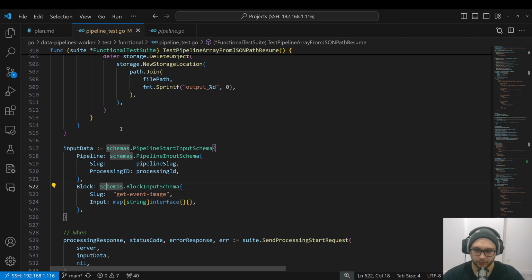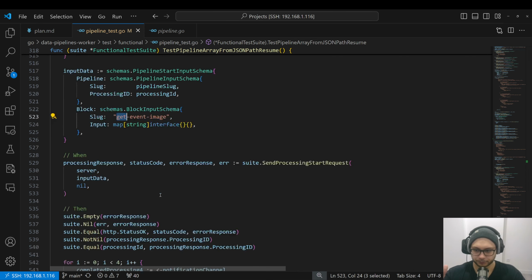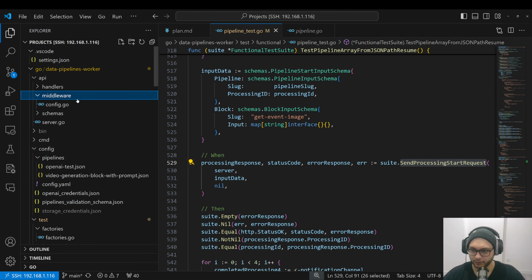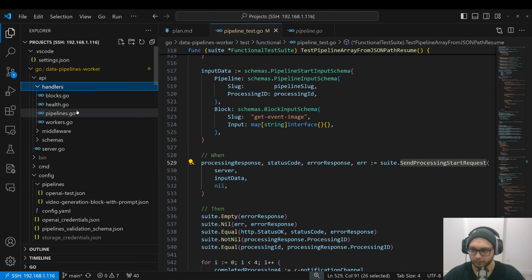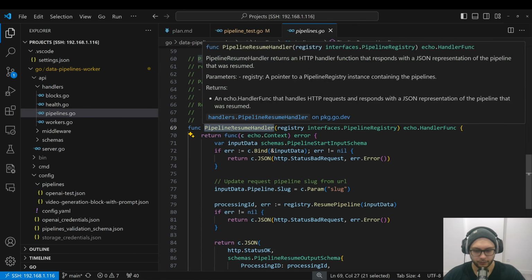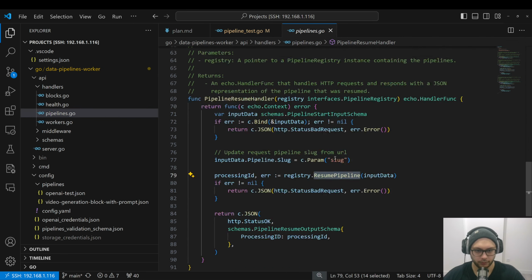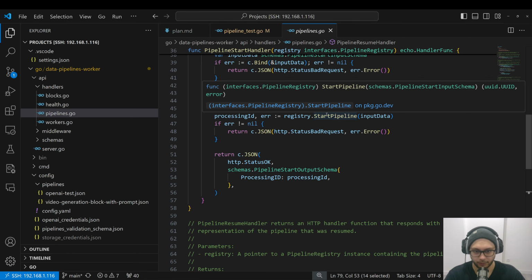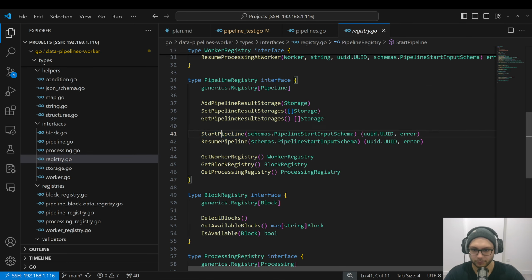And then I simply declare input data as there is some processing ID. There is some block. I do not pass any input. I simply say, I need to resume this. So it called start, but it's the same. Fortunately, I made it the same API interface. Resume handler, it calls resume pipeline. This one calls start pipeline. But both of those functions,